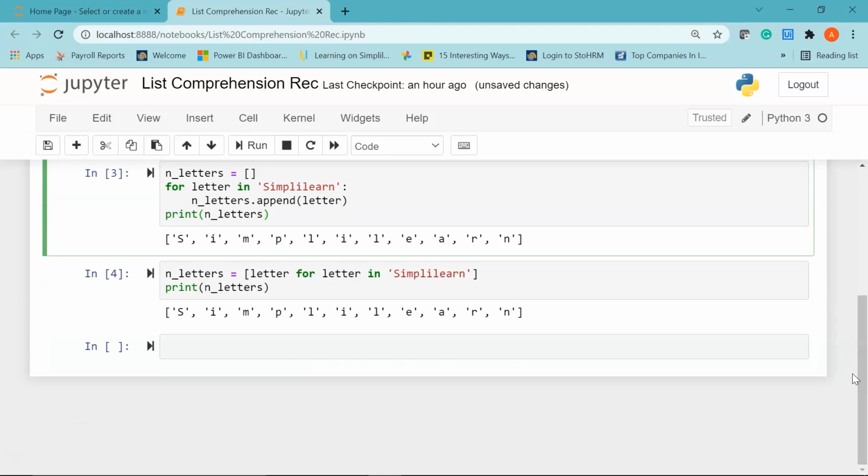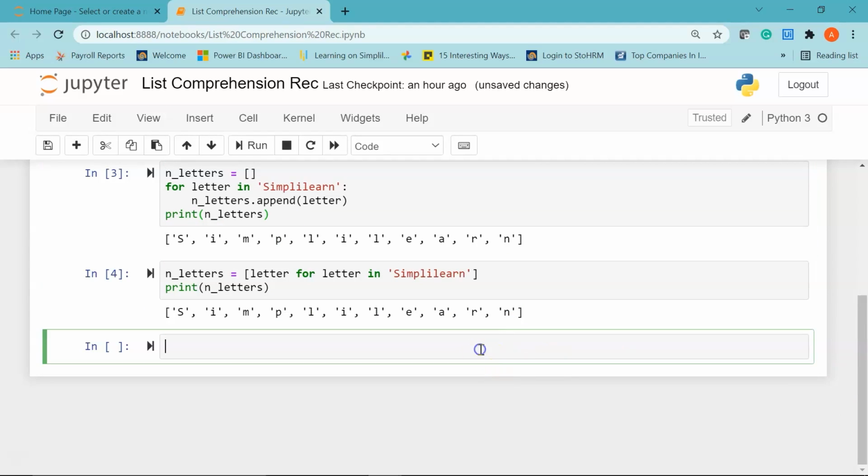Alright. Now moving ahead, we'll see how to use a for loop, and we are going to display the cars that are present in a list and have a letter S in it. So first of all, I'm going to declare a list called cars, and it will have the names of a few cars.